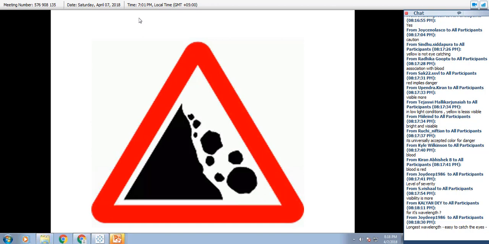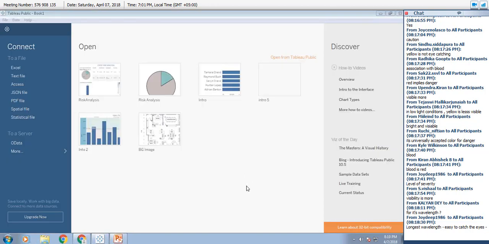Just double click on the Tableau icon which is present on your desktop if you have enabled that feature, or it will be in your programs. Okay, so the moment you have double clicked it, this screen will be given to you. This is the first screen that will be shown to you. Please go ahead and do it now.